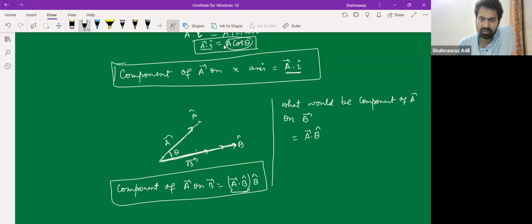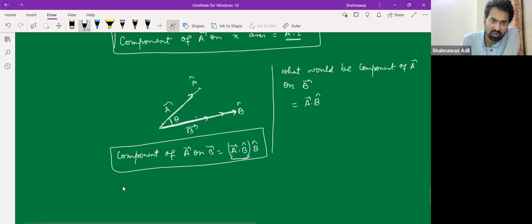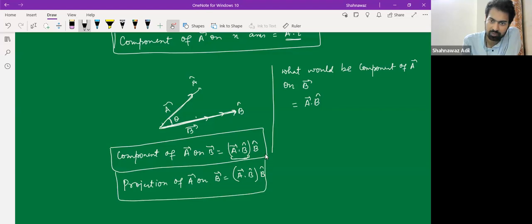Yes, is this part clear? So this is also called projection of A on B. This would be A dot B hat and B hat. Understood? Yes, sir. And similarly, what would be projection of